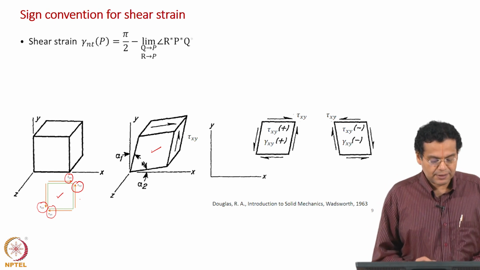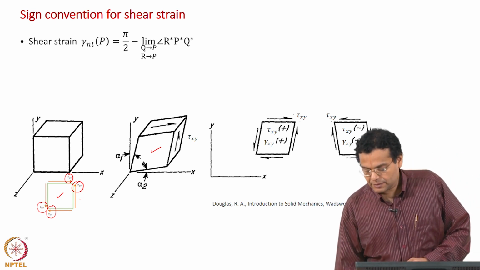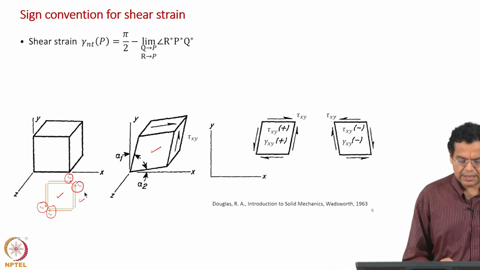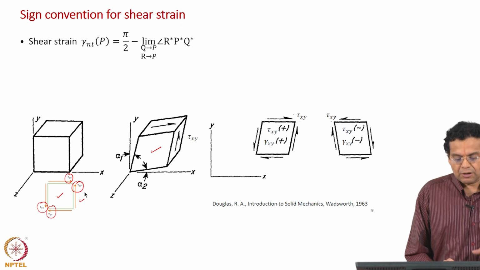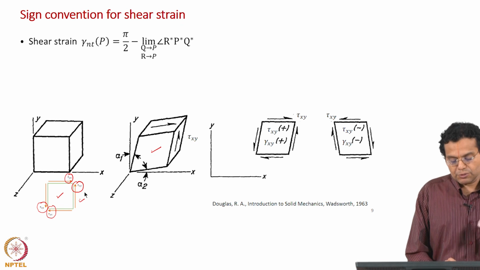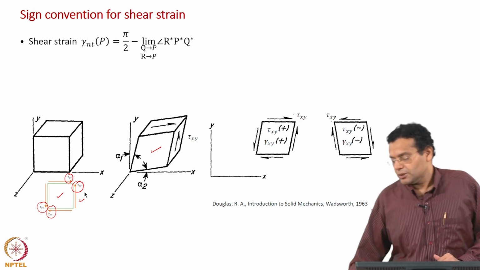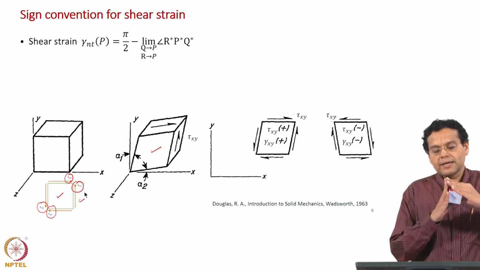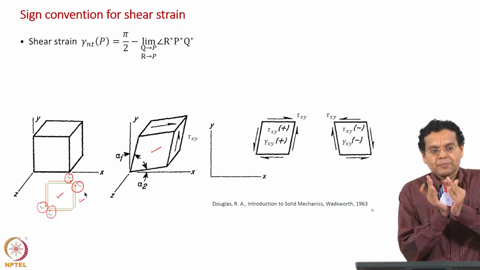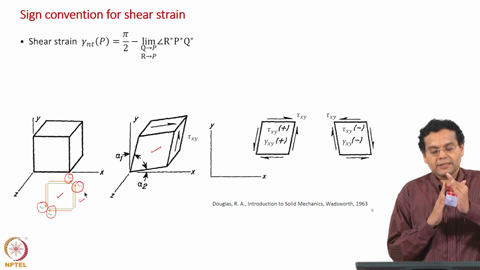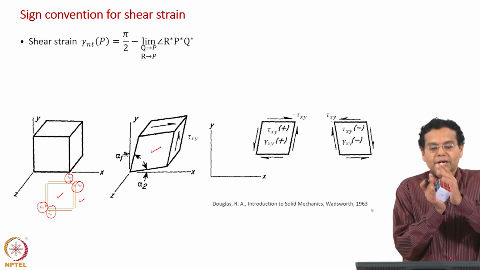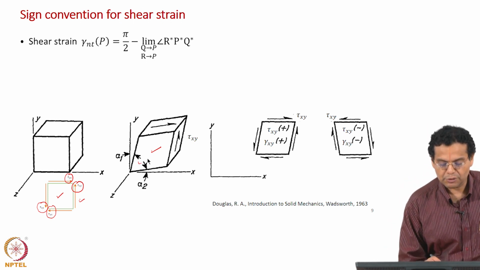I will just repeat it. We are considering a 2D stress element here with all the shear stresses in the positive sense. When you represent them in the positive sense, the forces are such that, if you have a cube, they act in this way and here in this way. So, they make the cube such that this angle, which was originally 90 degrees, will now reduce, and that is what is shown here.